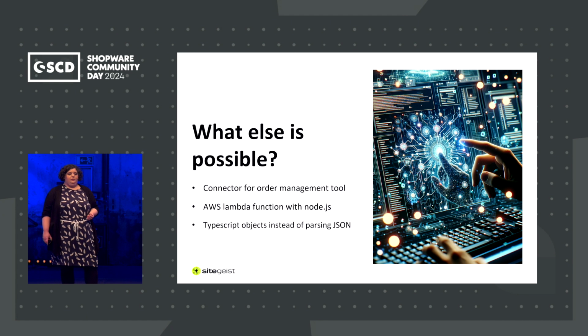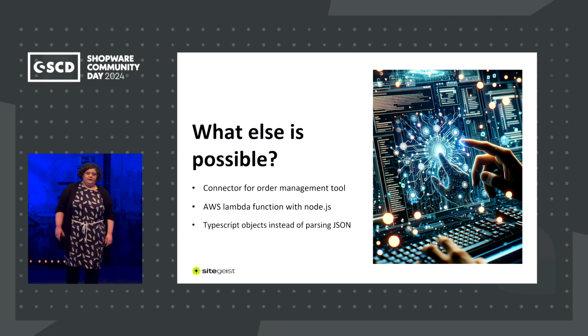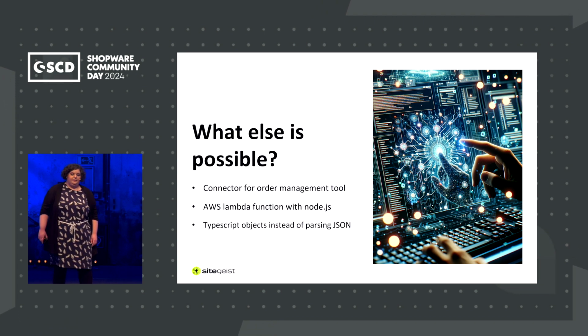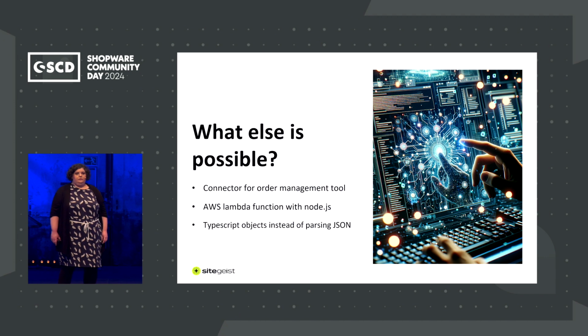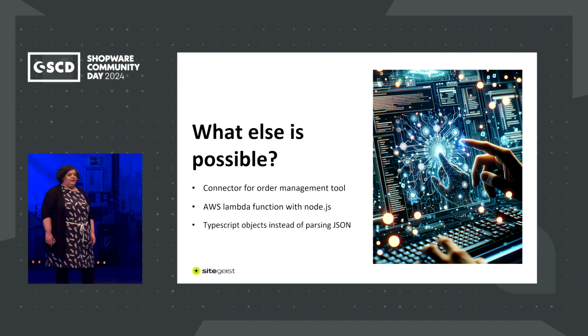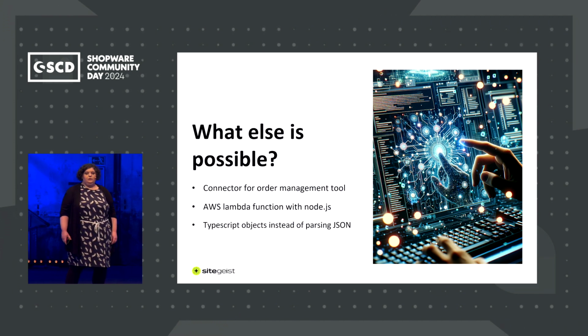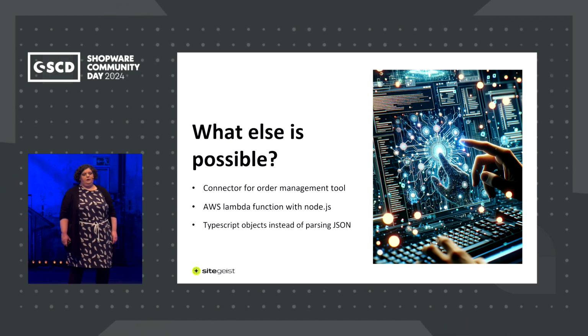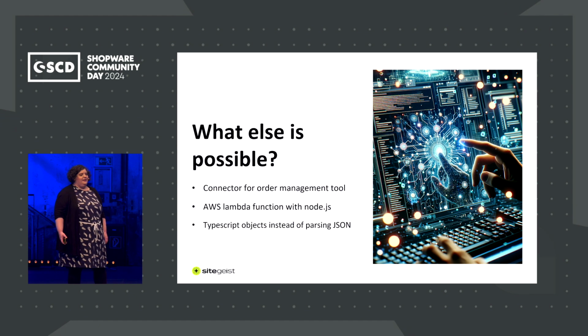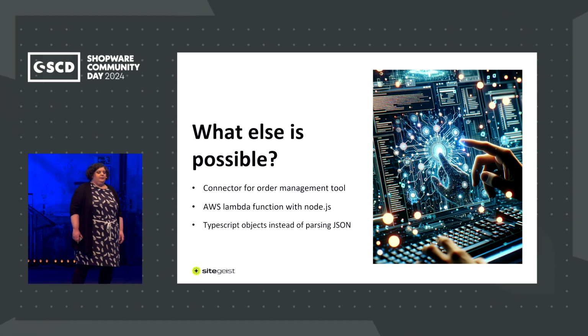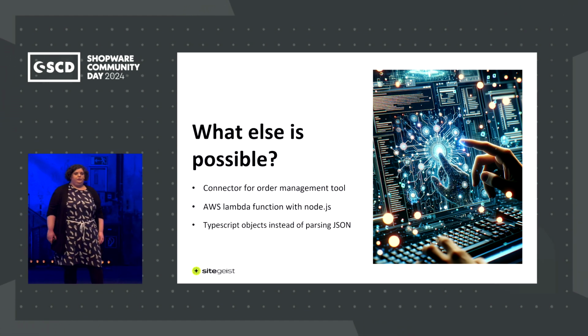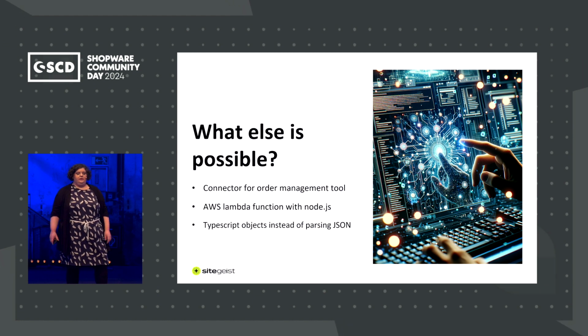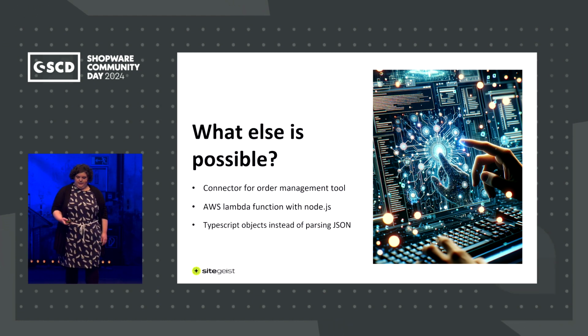So we thought about, why not use the API client for that? And we integrated the API client to this AWS Lambda function, and we could directly use the admin API of Shopware without dealing around with the response JSON of Shopware. It's not that easy to explain to people who are not familiar with Shopware. So it's easier to use ready TypeScript objects.